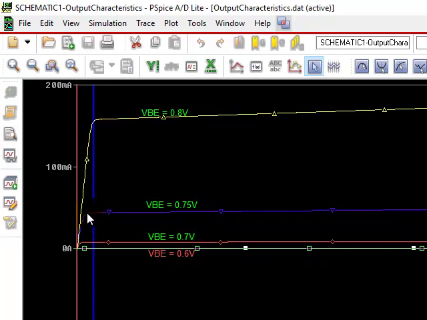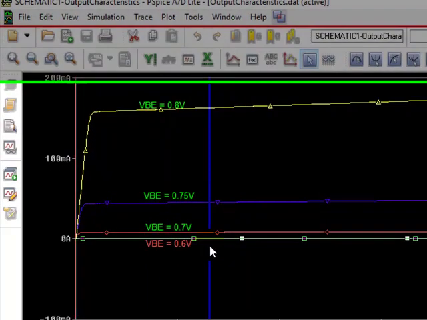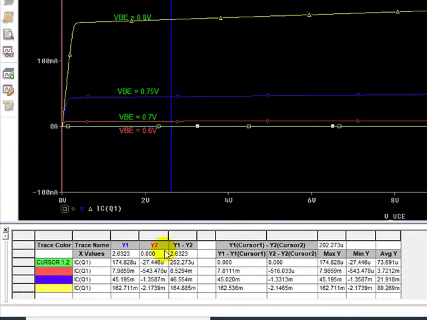Similarly, you can verify for different VBEs when the transistor will enter saturation region. And you can see here, I'll just drag it somewhere here. Please see the green color. So for the green color, the Y value is 174 microampere.